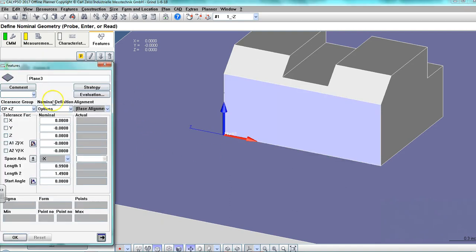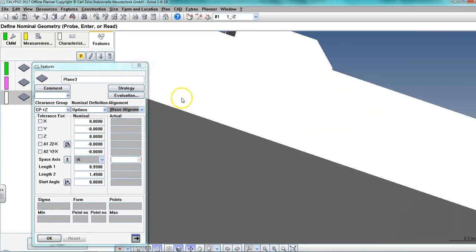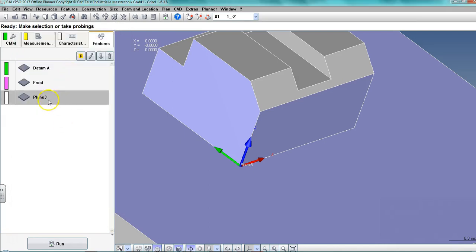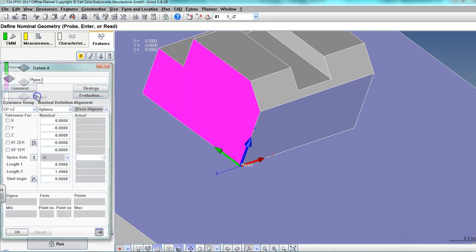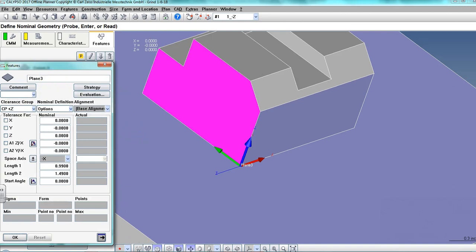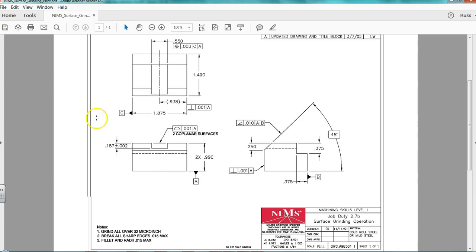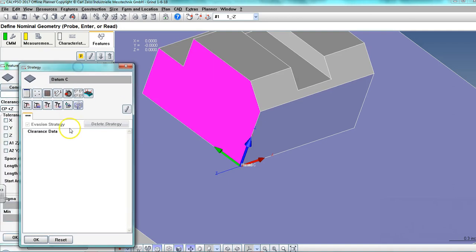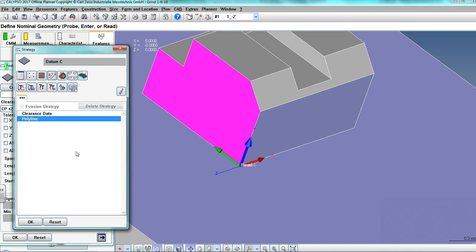So I'll pick the next plane, which is over here. Let me close it and we can make sure that we see. Yep, there we go. Okay, so double click. Left side, what was that? That was C. Okay, back to this. That is datum C. This may seem kind of tedious to label now, but trust me, if you wait until later, you'll wish you didn't. Okay, so just label it right away, name it according to the print, so you can